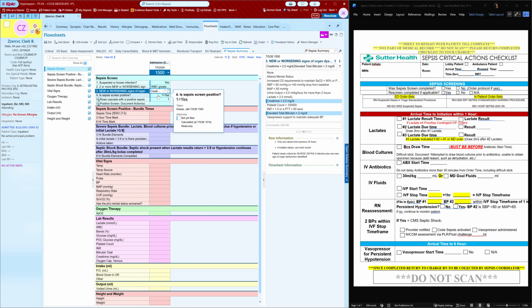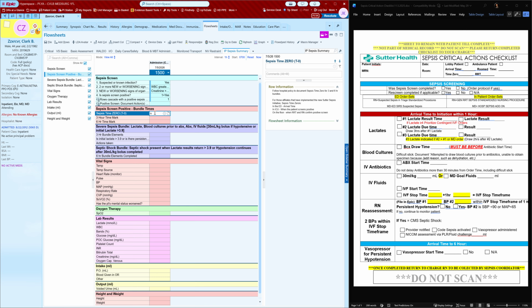As soon as you test positive, this entire checklist auto-populates here, and it auto-populates with times, tasks for the 3-hour, tasks for the 6-hour. So let's go through that. Already here you've completed the first part, meaning the sepsis screening was complete and you have your patient information. From here, because we just recognized it, we'll say here, now plus 180, and here we'll say now plus 360, and